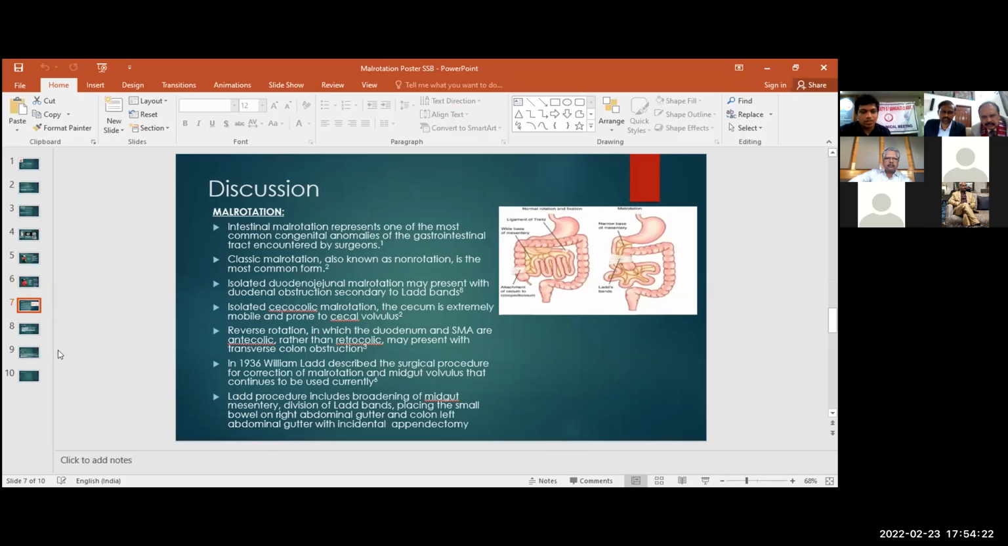Reverse rotation, in which the duodenum and superior mesenteric artery are anticolic rather than retrocolic, may present with transverse colon obstruction. In 1936, William Ladd described the surgical procedure for correction of malrotation and midgut volvulus that continues to be used currently. Ladd procedure includes broadening of the midgut mesentery, division of Ladd bands, placing the small bowel on the right